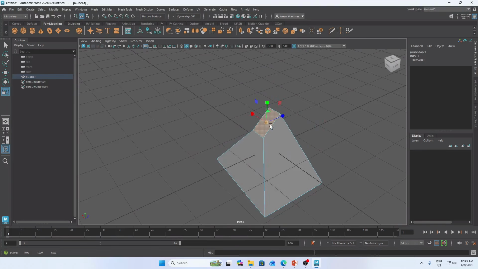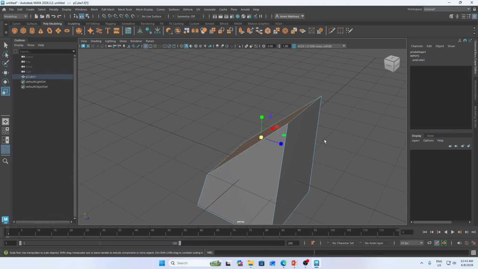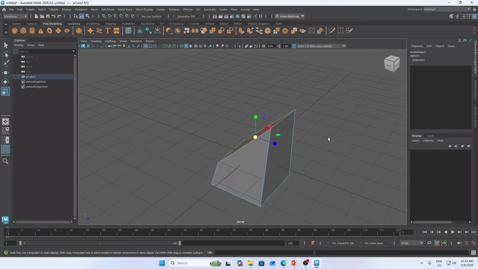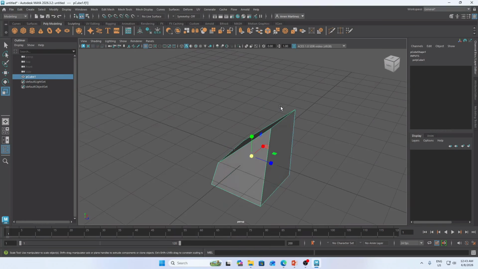So that's the purpose of the component tool, or what we call the selections. How can we go back to the whole object to apply the transformations that we discussed? Just hold right click again and switch it to object mode.